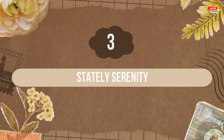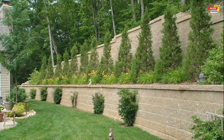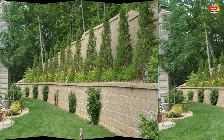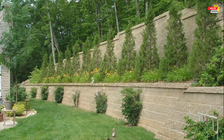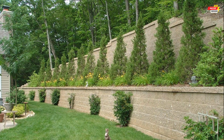Three, stately serenity. Classic block wall with coniferous privacy. This image presents a majestic and long retaining wall crafted from light, neutral-toned concrete blocks, providing a sturdy and visually pleasing boundary. The wall creates a significant level change, allowing for a manicured lawn in the foreground and a raised